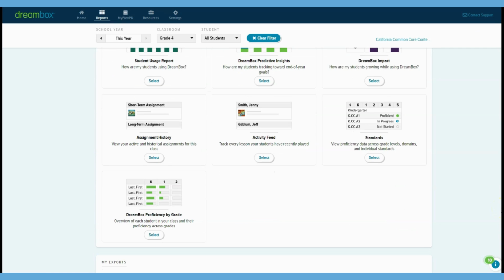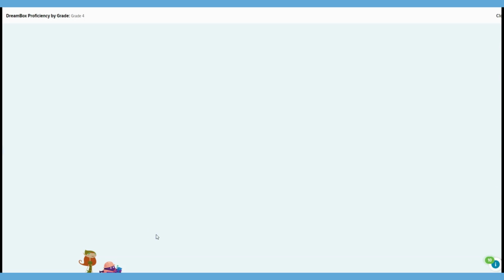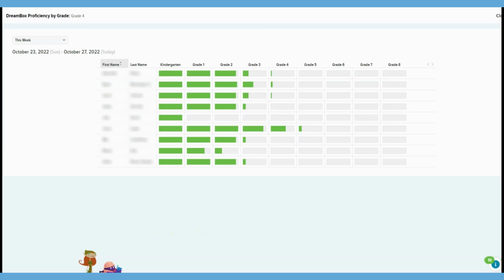Just a quick way for us to get an idea of where my students are operating. This is a little bit less detailed in terms of the standards report, but it gives us a quick little snapshot in terms of where approximately by grade level are my students operating. So in this particular one, we can see it does zoom in for this current week. And right here, you can look at different options. You can look at the last 7 days, the last 30 days. I'm going to go with the last 30 days, so for the last month,